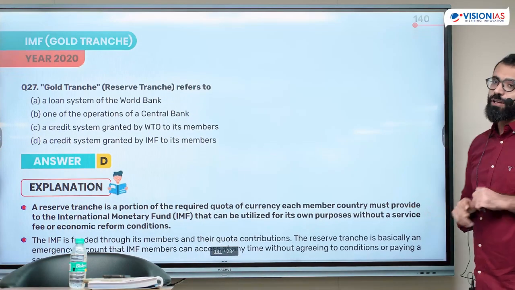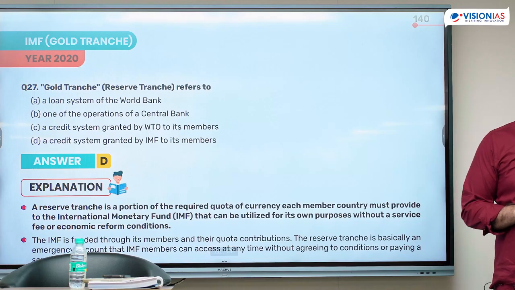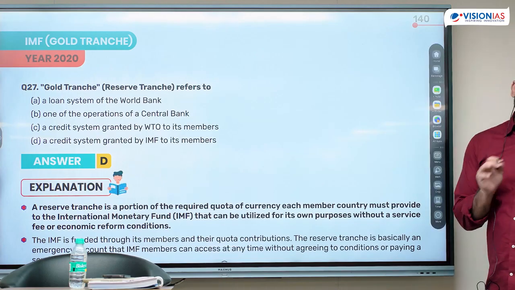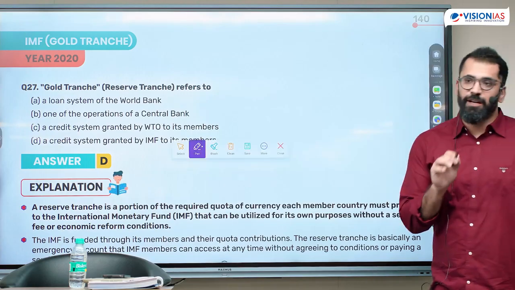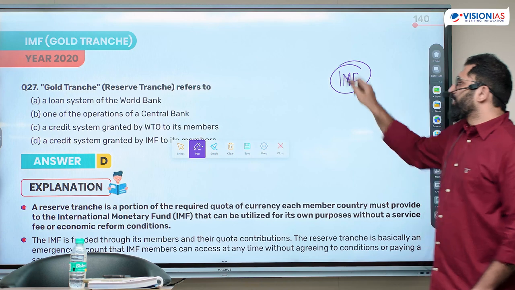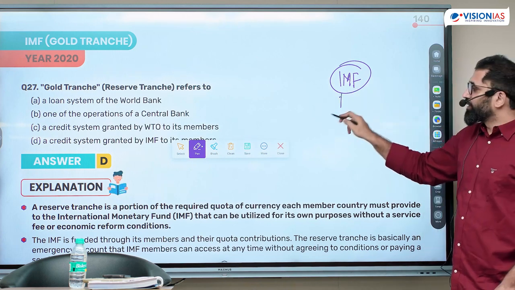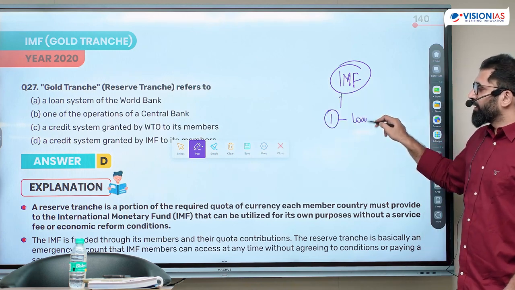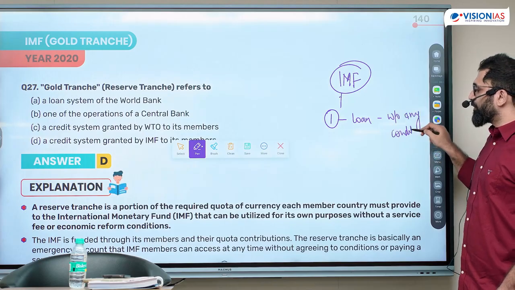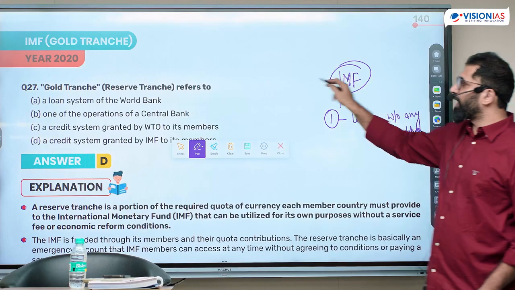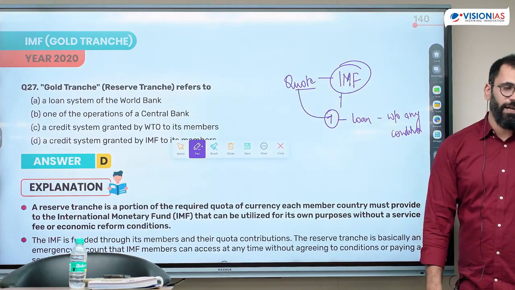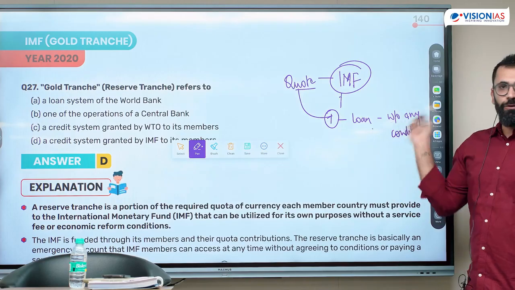Gold tranche refers to how a country solves a crisis. If there is an external crisis and I don't have dollars, how do I solve that problem? Whenever a loan is taken from the IMF, the first loan that comes in is without any condition. In fact, the money you have given to the IMF as part of its quota is what is used. So whenever the IMF takes a quota, there is one part which you can take without any conditions,